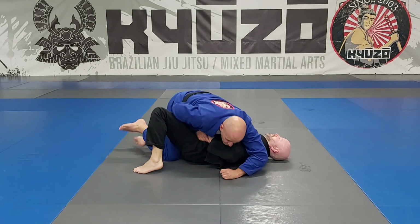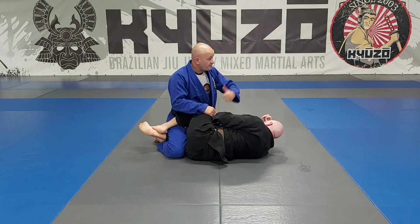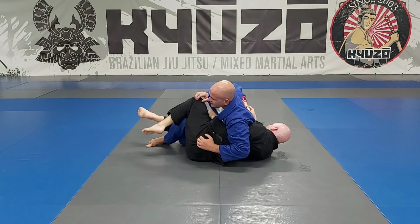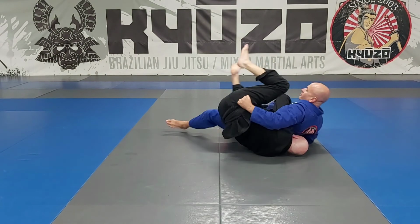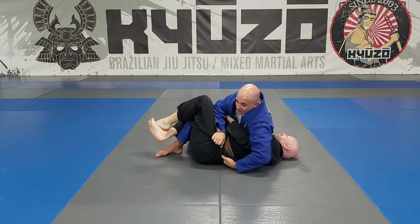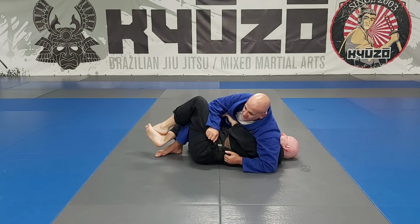But let's focus on one thing, because if your opponent does that and you're not ready for them, they might bridge you over. So they're going to try and maybe bridge you up sometimes. So when I get here, they're in a winning position, they're going to bridge their feet onto the mat, and if you're lazy, they're going to come out on top. If you're not aware of what they're doing, they're going to come out on top. So whenever you have this position, regardless of whether you have the handle on the neck or not, be ready to hard back step. So as soon as you see his feet open,